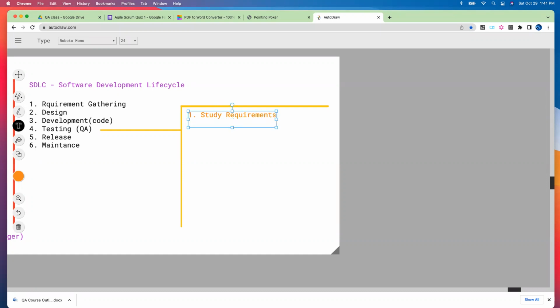The first thing is we have to study the requirement, right? Because if we study the requirement, we understand what it is that we have to test, right? If you never understand the requirement or the product, you will not be a good tester, period, right? If you don't understand the product, the application and the requirement, the chances of you